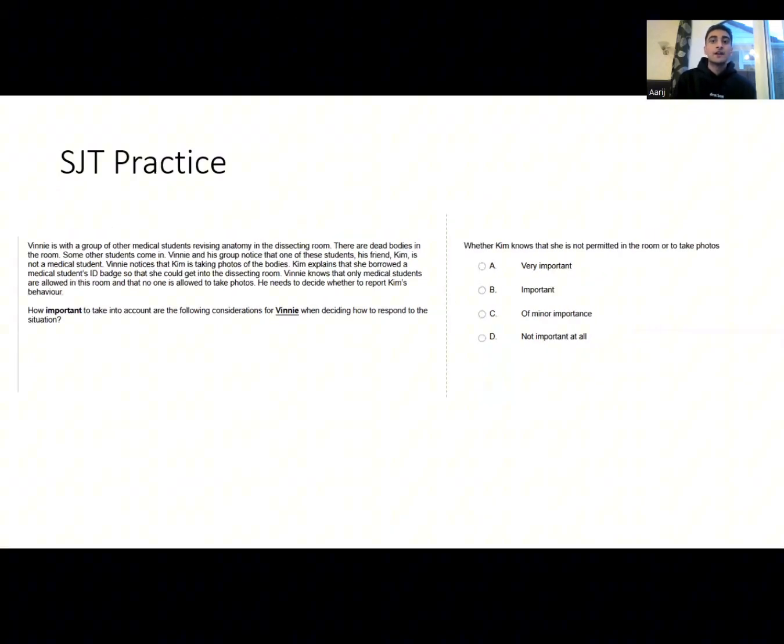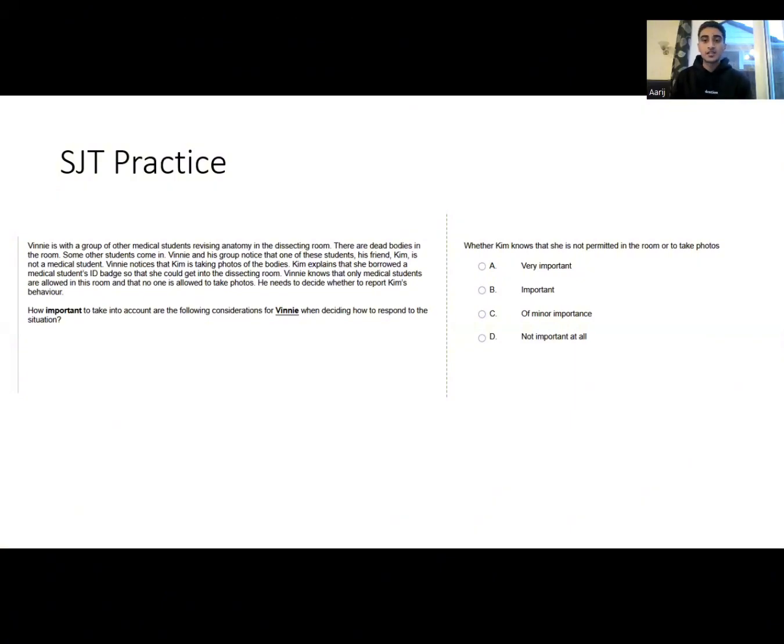Okay, so have a look at the same stem. This time I'll give you 20 seconds, maybe on YouTube, just pause, jot down your answer, and then we'll go through it. Okay, this time it's asking whether Kim knows that she is not permitted in the room or to take photos. So the reason I've gone for D, which is not important at all,